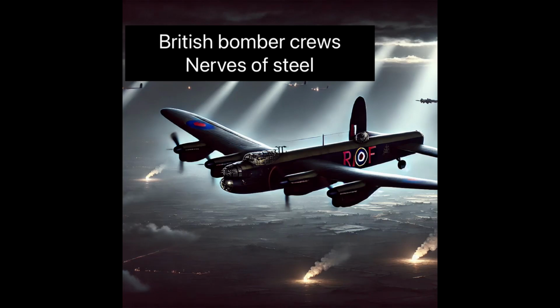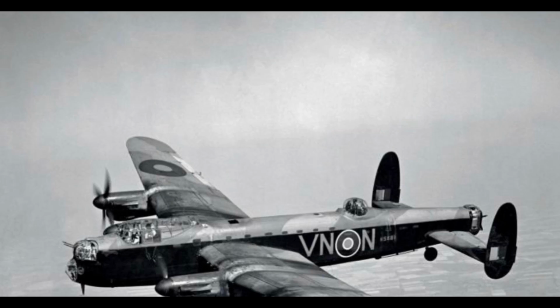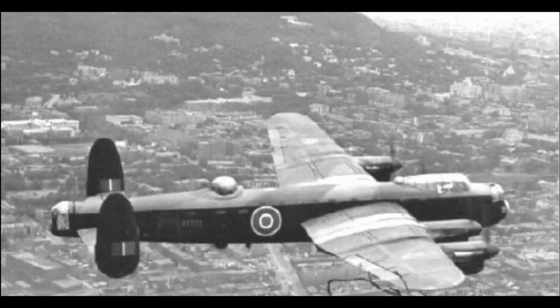Here are some facts, which may surprise you. In total, British Bomber Command flew 501,536 operational sorties. 500,000 is no mean feat. It may surprise you also that most large crews of bombers like the Wellington and Lancaster were piloted by the captain. All bombers had a captain, and in 80% of cases, the captain of a British bomber was a flight sergeant. During the Second World War, there was 125,000 aircraft crew in Bomber Command, and we will touch on the